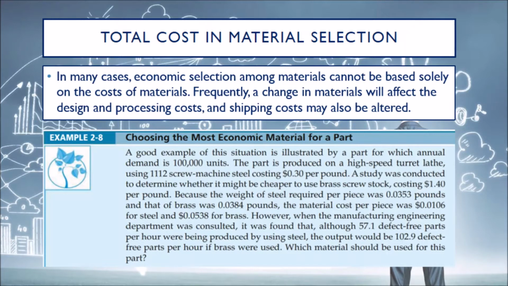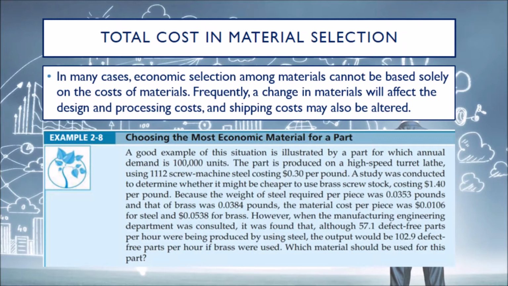A study was conducted to determine whether it might be cheaper to use brass screw stock costing $1.40 per pound. Because the weight of steel required per piece was 0.0353 pounds and that of brass was 0.0384 pounds, the material cost per piece was $0.0106 for steel and